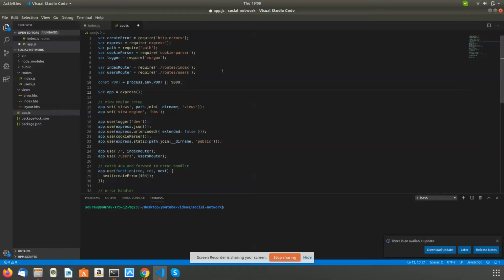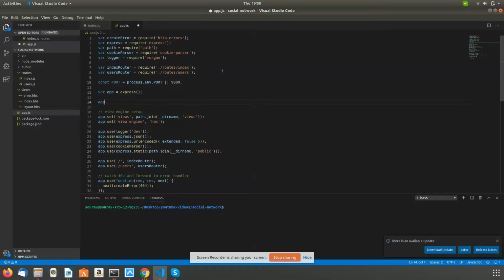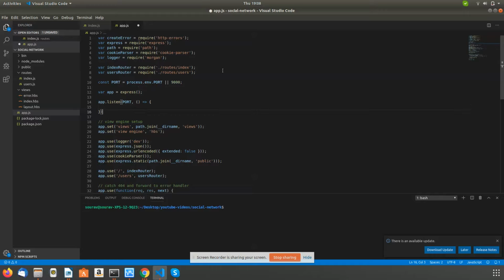Now I want it to listen, so I will say app.listen and it will start listening on what I want, that is port, and then it can accept a callback in order to identify whether it is listening or not. So let's quickly do a console.log